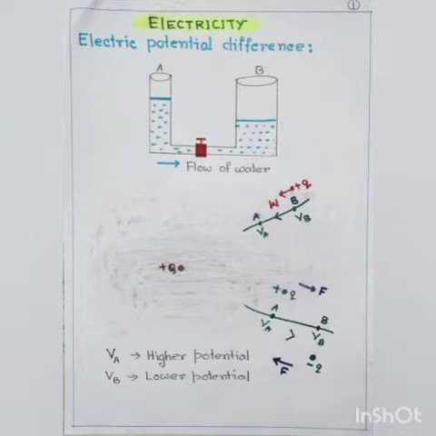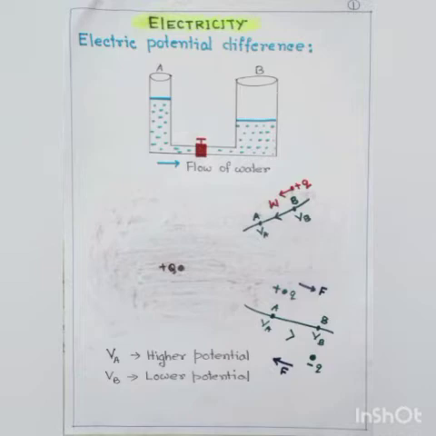Now for this positive charge, if you allow any positive charge to move, where will it go? It will try to achieve its zero potential energy level. So as VA is greater than VB, this positive charge will move from higher potential to lower potential. Means it will try to go away from the capital charge. Means a positive charge, if you allow, will move from A to B and continuously go away from the positive capital Q charge.